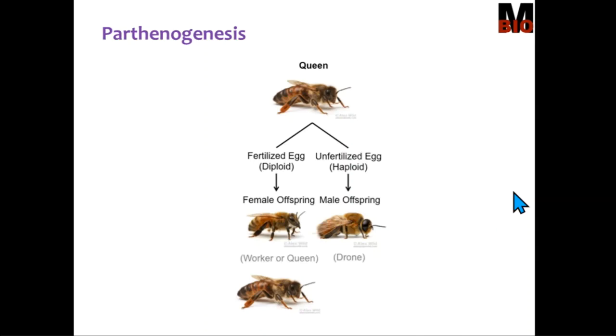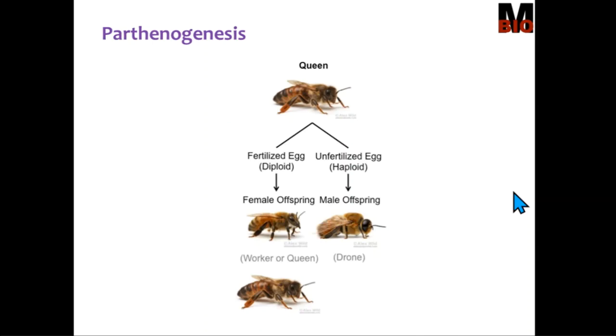We all know that honeybee exists as a colony. In that colony, there are three types of life forms: queen, then worker, and drone. Queen and worker are female individuals, then drones are male individuals. Queen and the workers are diploid organisms. That means they are formed from a fertilized egg.